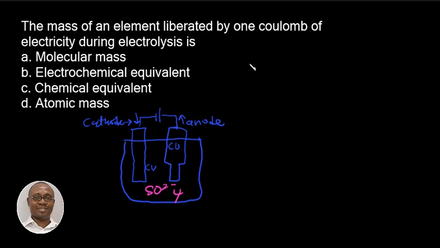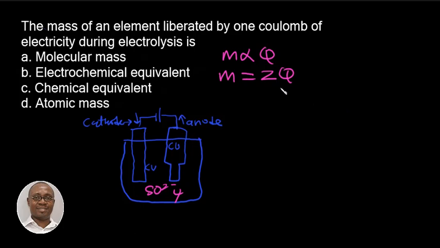of substance deposited or liberated at any electrode is directly proportional to the electric charge. So in mathematical form, we have M is proportional to Q, and if we remove the proportionality sign, it gives M equals ZQ, where M is the mass in grams and Z is the proportionality constant in grams per coulomb,